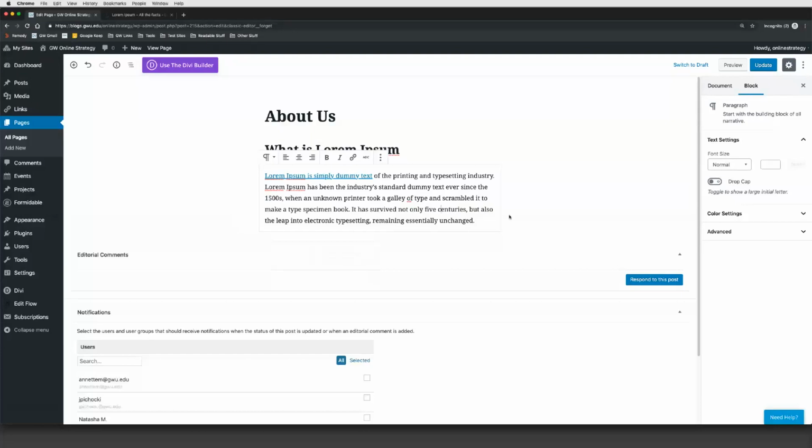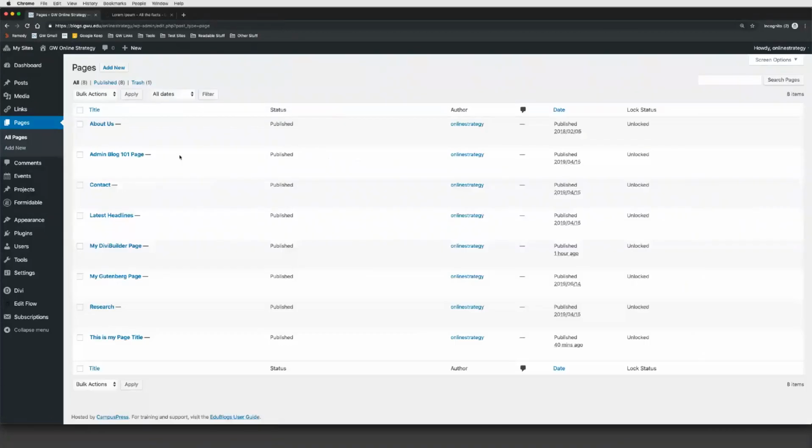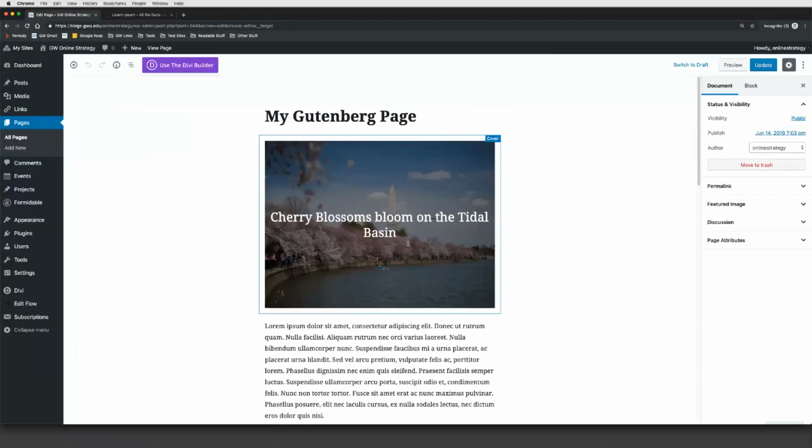So one more time, I'm going to go ahead and click update on this page. There's a question about showing, again, how to see all of the different blocks that you might have on a given page. So I'm going to go back over into our Gutenberg page and click on that edit with block editor option. So again, if you want to see all of the different elements that you have going on a page, you're going to click on this information